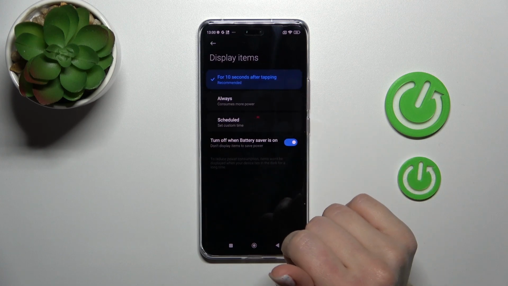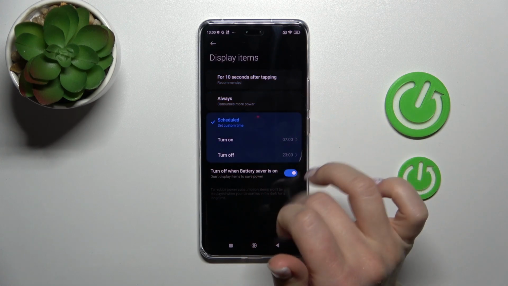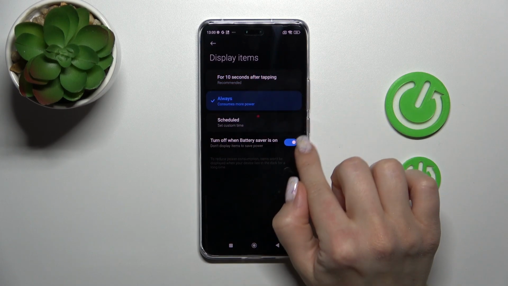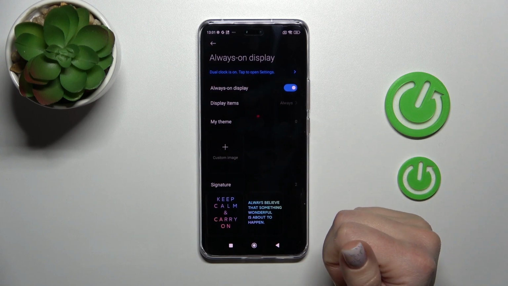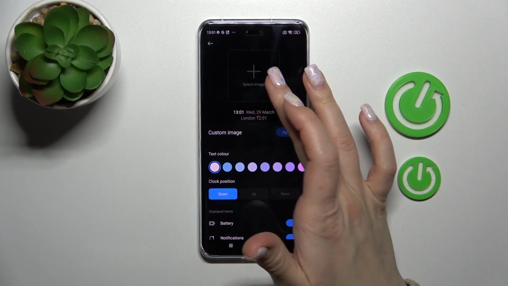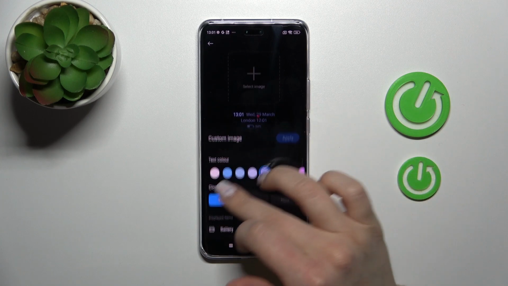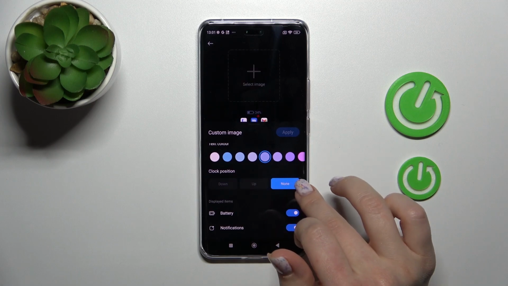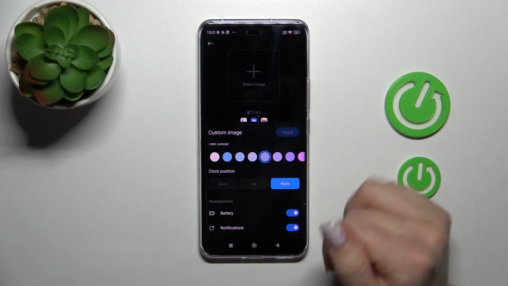If you want to change display items, you can show it always, by schedule, so by start and end time, or for 10 seconds after tapping. You should select one from this mode, and also we can turn it off when the battery saver mode is on. You can use your custom theme, so the custom image, to change the color of the date, time, to change the clock position, to show battery and notifications, or to turn off these options, and then